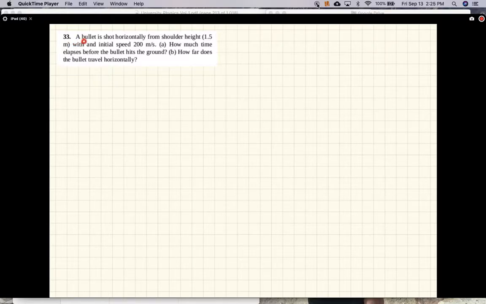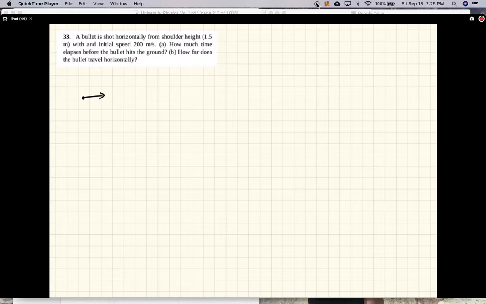Okay, this problem says a bullet is shot horizontally from shoulder height, 1.5 meters, with an initial speed of 200 meters per second. How much time elapses before the bullet hits the ground? How far does the bullet travel horizontally? Okay, so in this problem,